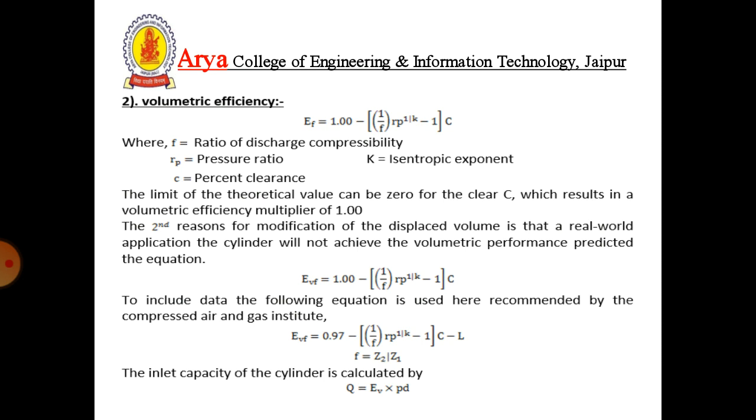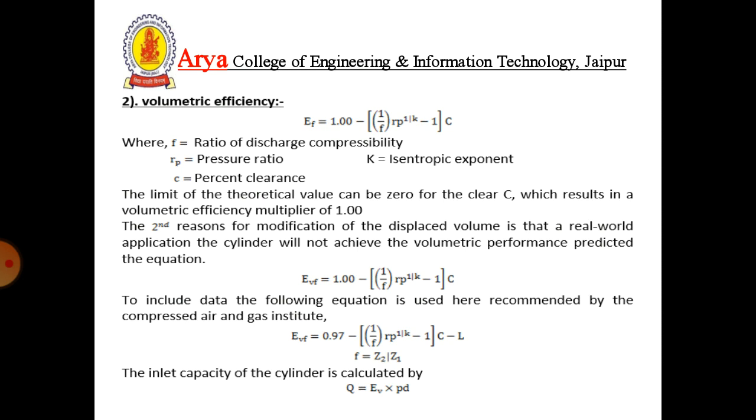EV equals 1 minus 1 by F into Rp to the power 1 upon K, minus 1, into C, where F is the ratio of the discharge compressibility, Rp the pressure ratio, C is the percentage clearance, K is the isentropic expansion. The limit of the theoretical value can be 0 for the clearance C, with the result that the volumetric efficiency is multiplied by 1. Thus,